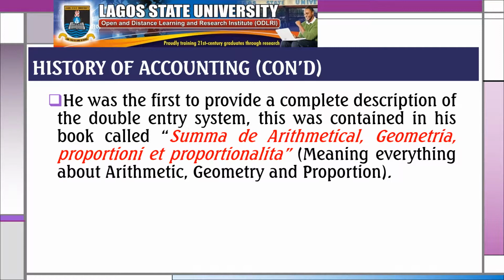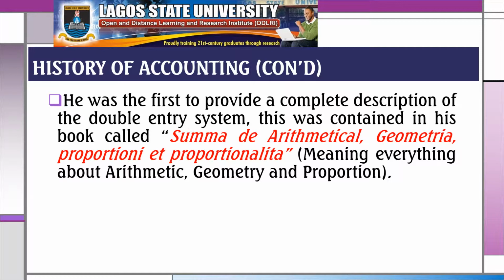That explains why he was the first to provide a complete description of the double entry system. And this was contained in his book called Summa de Arithmetica, Geometria, Proportioni et Proportionalita, which means everything about